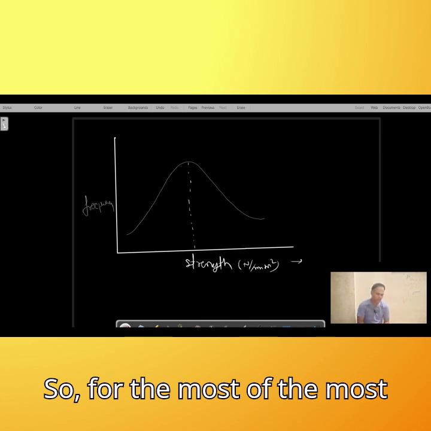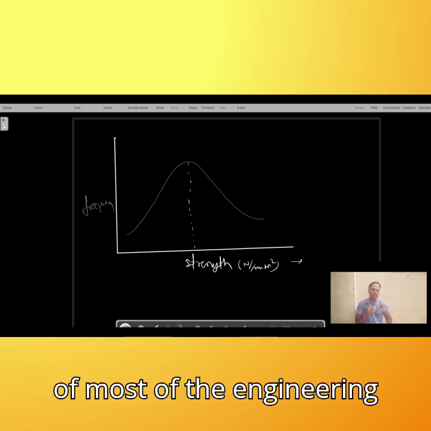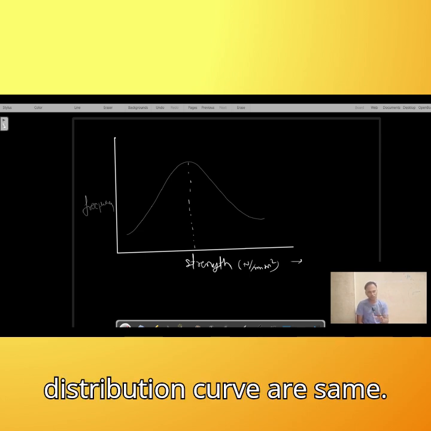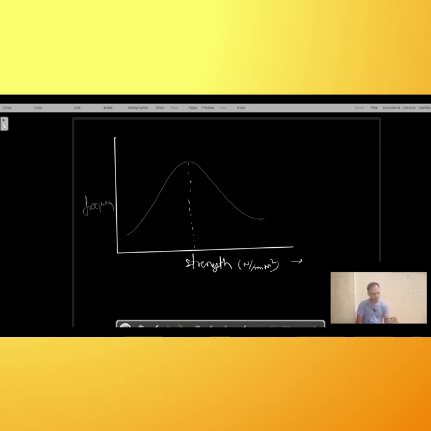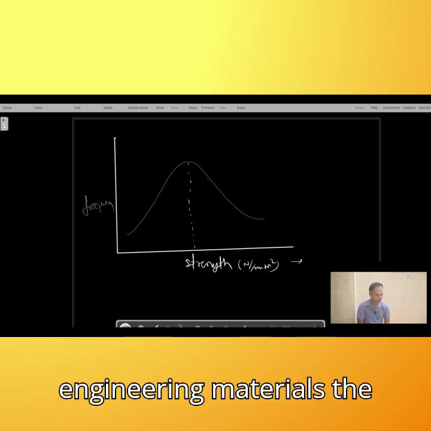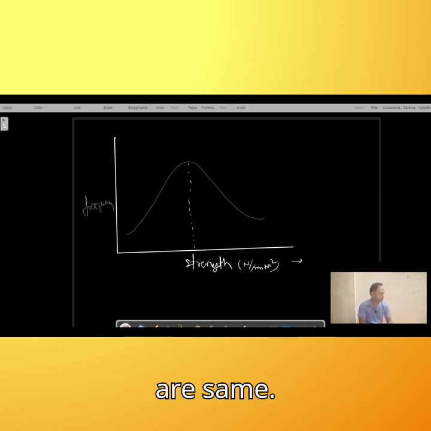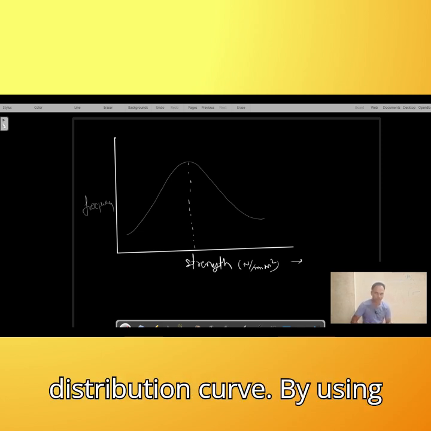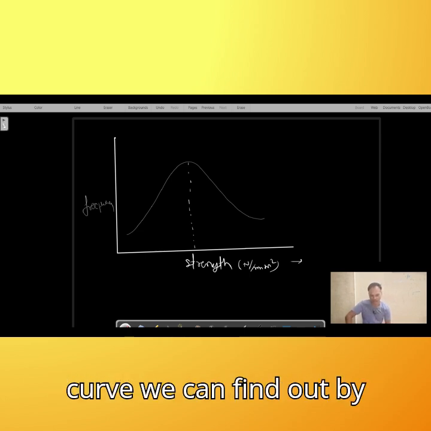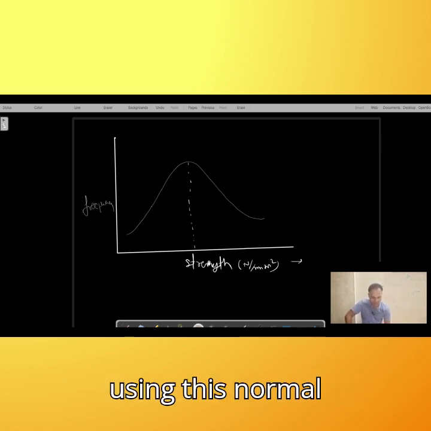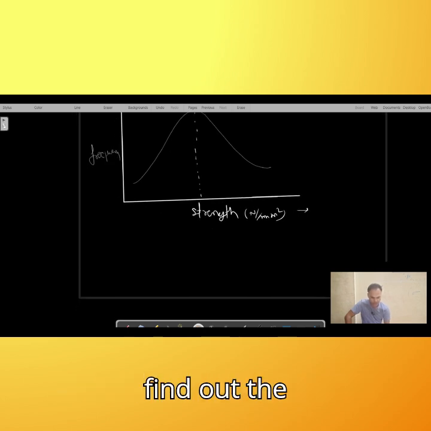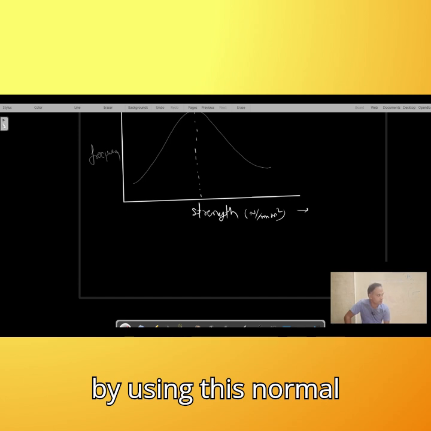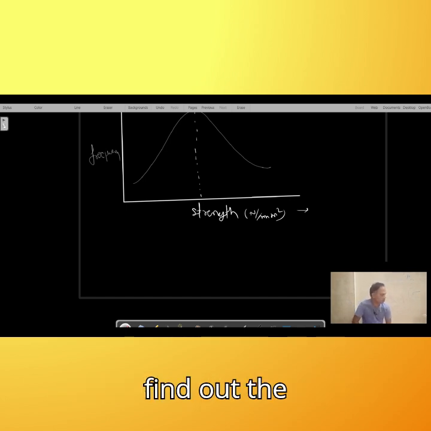For most engineering materials, the frequency distribution curve is the same. That is called the normal distribution curve. By using this normal distribution curve, we can find out the